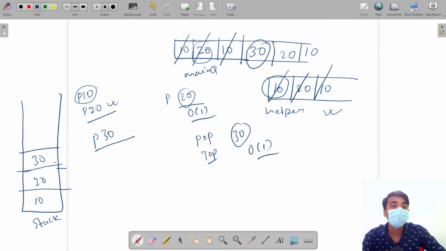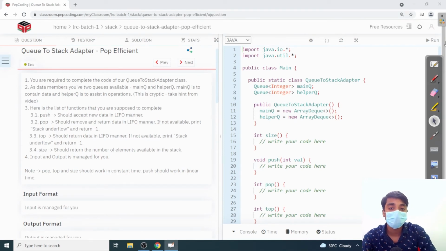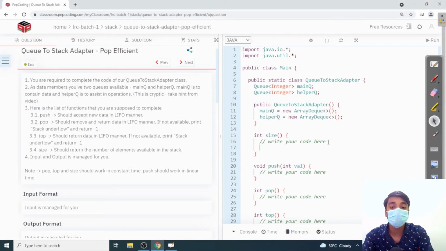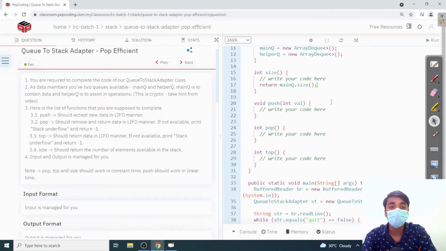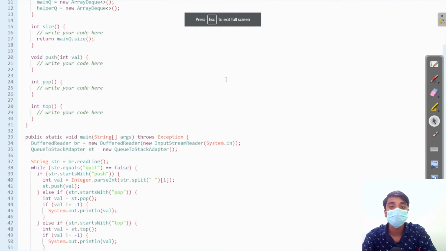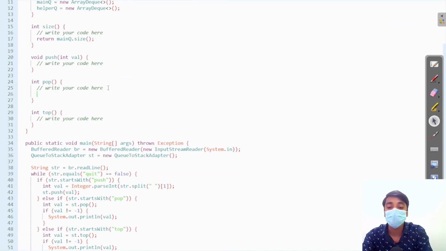So let's code this. The size will be the size of the main queue, because all the data is present in the main queue. For popping the elements, first we have to check the size of the main queue.